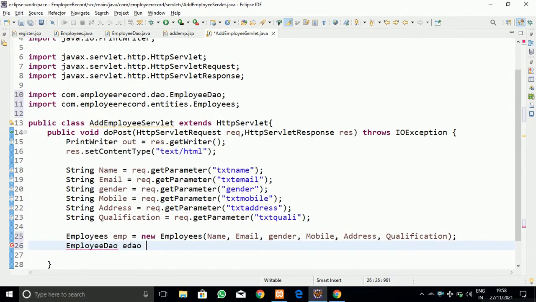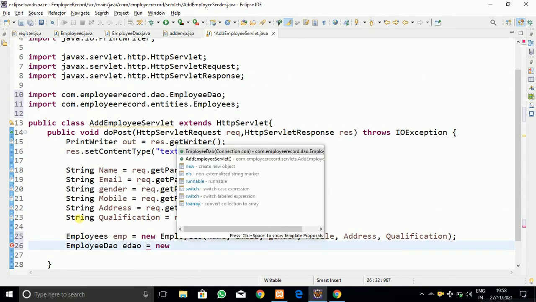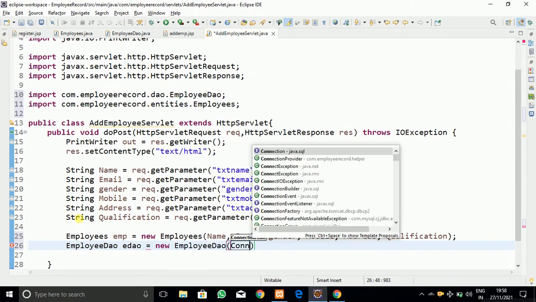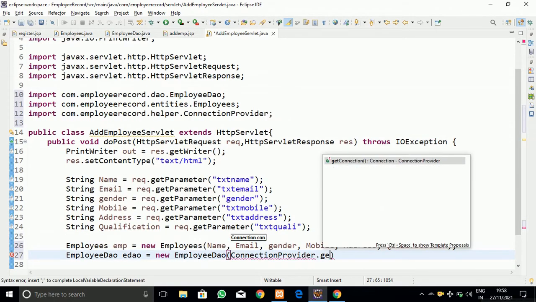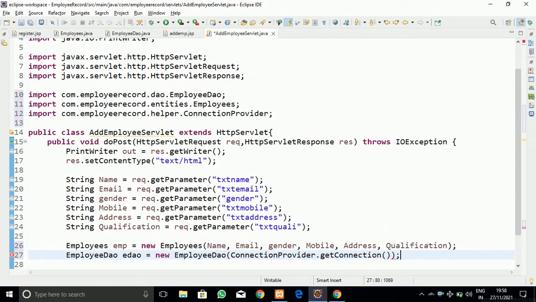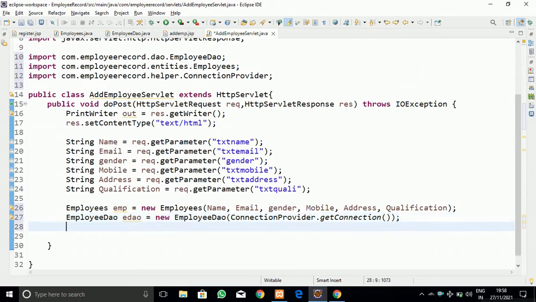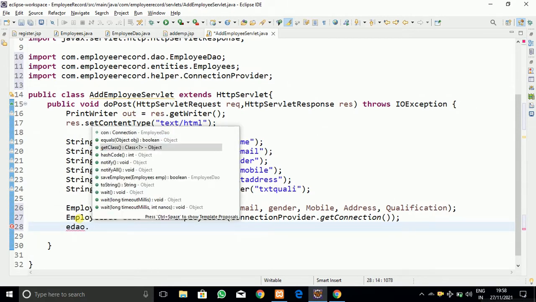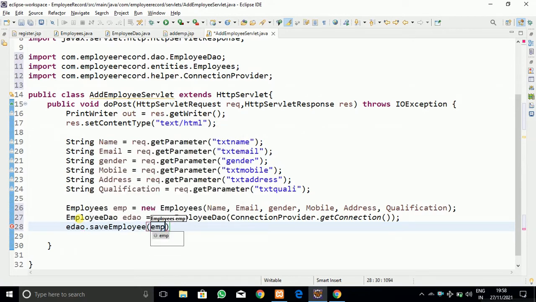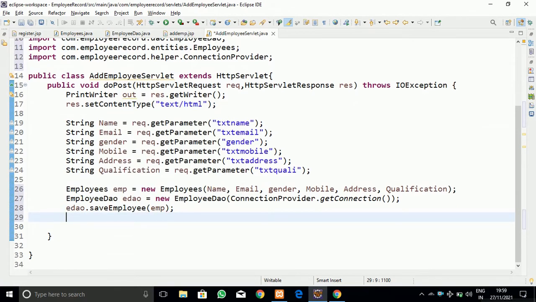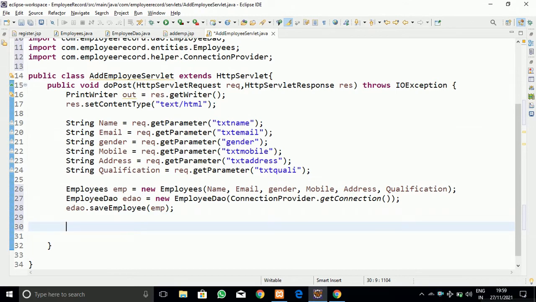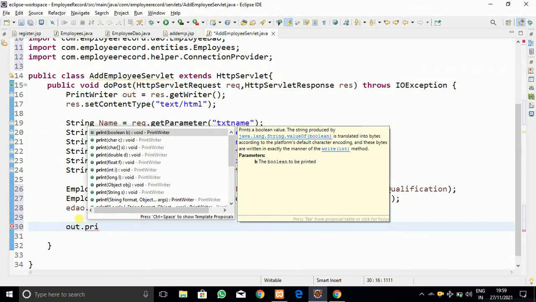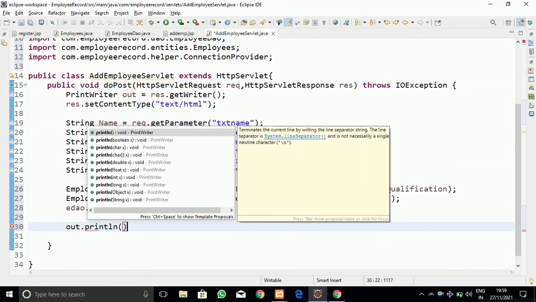And now I am going to create the instance object of the employee DAO to call the save employee method. That object gets the connection, that is, the connection provider, get connection I have done. And here by making use of the employee object, I am going to call the save employee method, and the parameter to that save employee is the object of the employee entity to which we have saved all the data which we have accepted, as you can see.